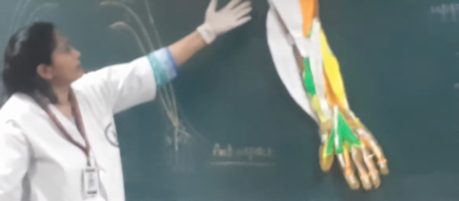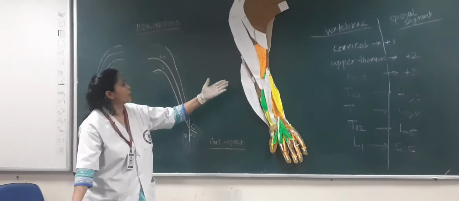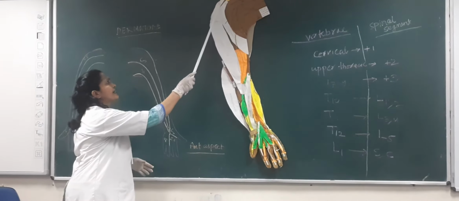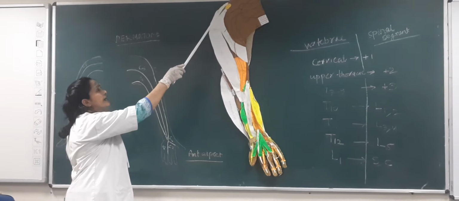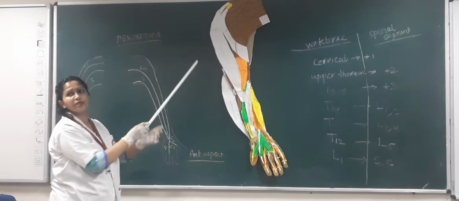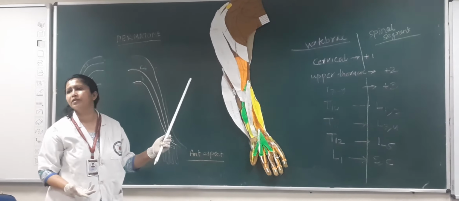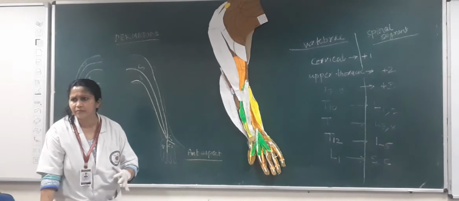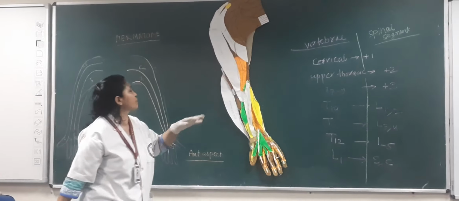And these are all supplied by the musculocutaneous nerve. Its action is to flex. The simple formula: the long head and short head pass on the flexor aspect of the shoulder joint, so flexion of the shoulder joint, and also pass the elbow joint, so flexion of the elbow joint, both. As well as this, it is a strong supinator in the mid-flexed position.